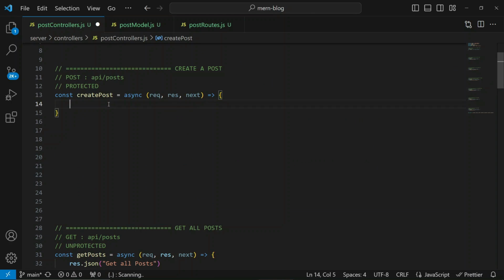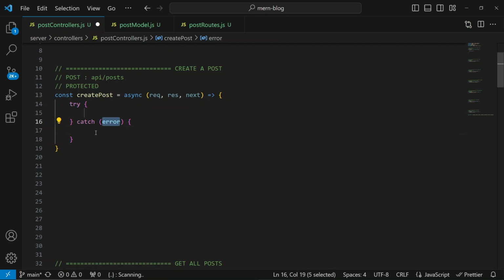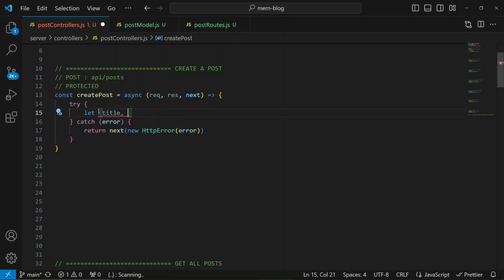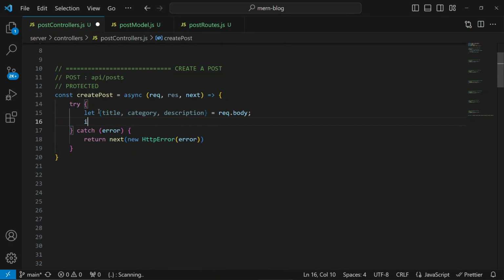So this should be very fast, and of course we are going to have this in a try catch, and in case we have any problem, we are just going to return next and then new HttpError, passing the error. Okay, now first thing first, we need the title coming from the request body, the category as well, the description,